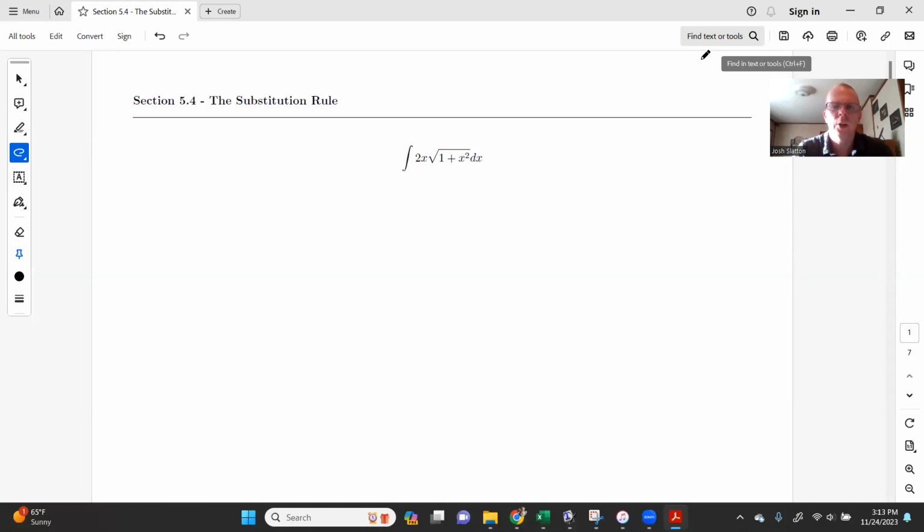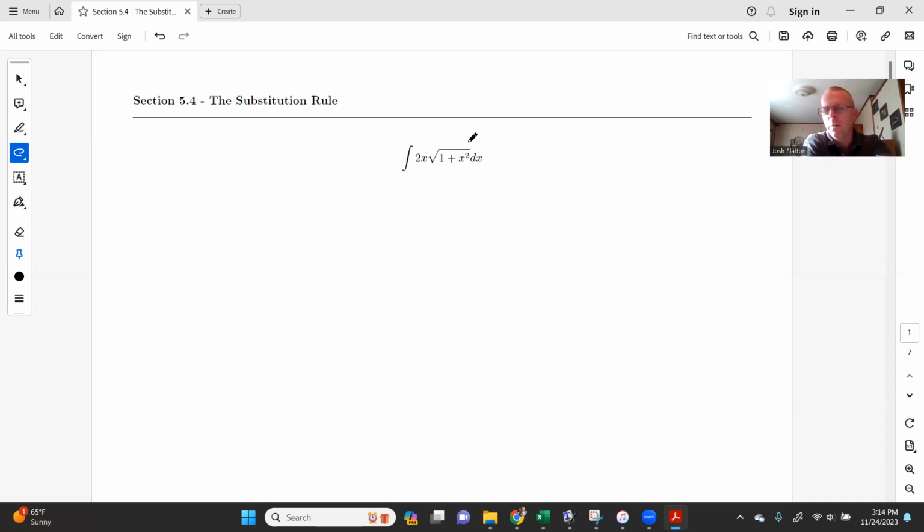All right, so this section is called the substitution rule. And so we're going to be doing some slightly more complicated integration here. This takes a little bit of practice to get used to: how do you know what to substitute, and how do you manipulate these functions so that they look a little bit nicer and we can more easily find the antiderivatives? This is basically undoing, as far as where it corresponds in the derivative world,